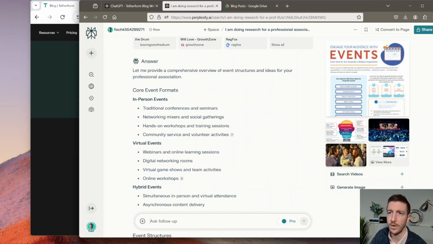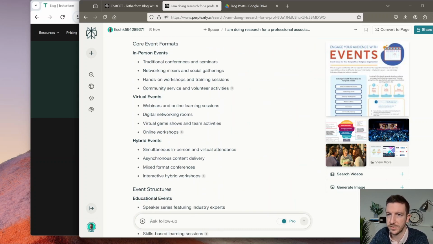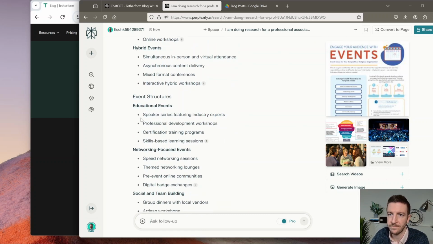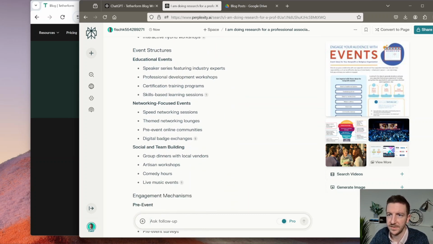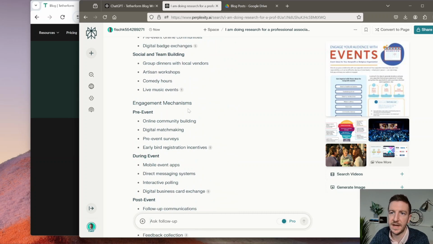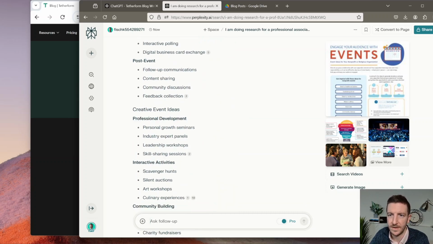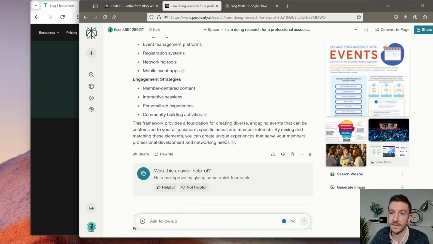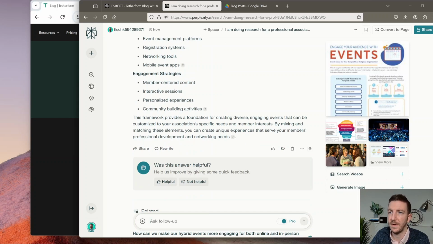So we can see we're getting core event formats like traditional conferences, seminars, networking mixers, virtual events, hybrid events. Event structures are educational, network focus, social and team building, and then engagement mechanisms, pre-event, during event. Okay, this is great. This is a fantastic list. So this framework provides a foundation for creating diverse, engaging events that can be customized to your association's specific needs